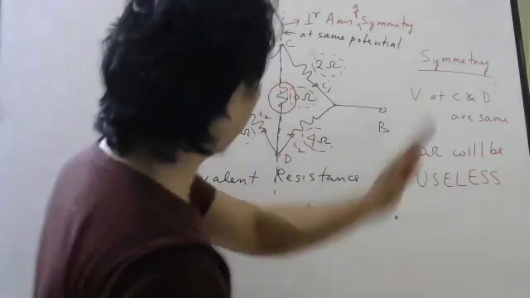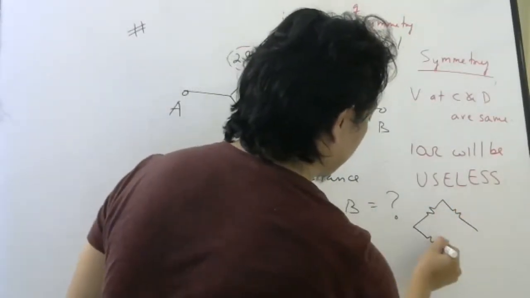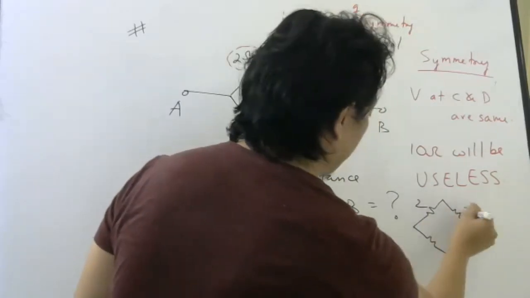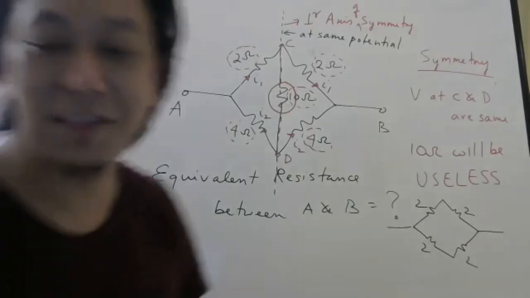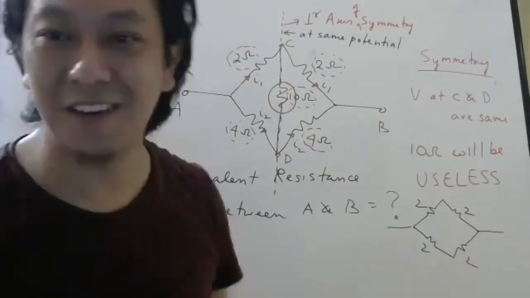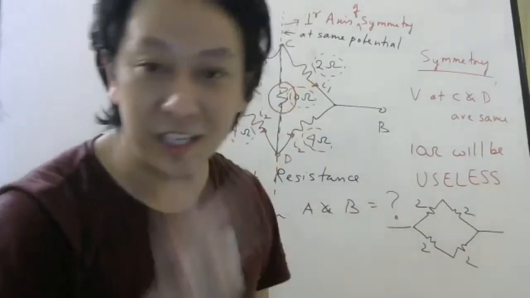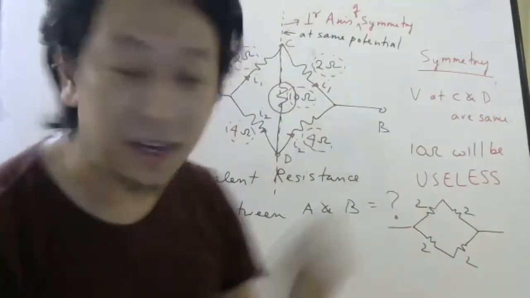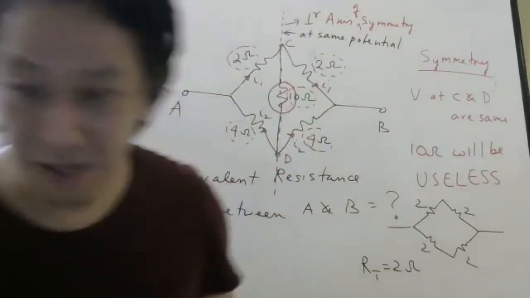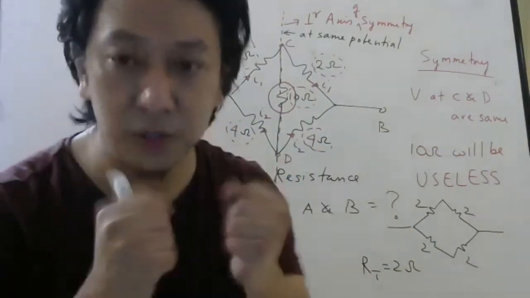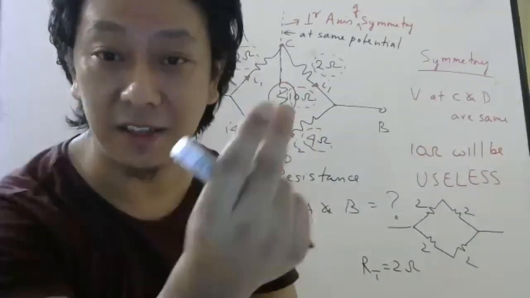So if you remove 10 ohm, how will the circuit be now? 2, 2, 2, 2. Now even babies can do this, right? Babies matlab even school students can do this now. 2 and 2 in series is 4, 2 and 2 in series is 4, 4 and 4 in parallel will give you total resistance 2. Okay students, so this is the powerful technique of symmetry. Using this many difficult questions we can solve like this.